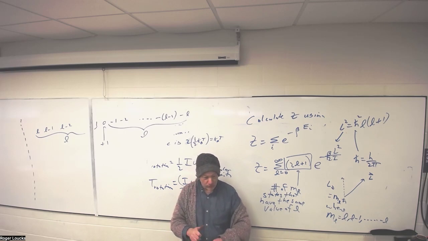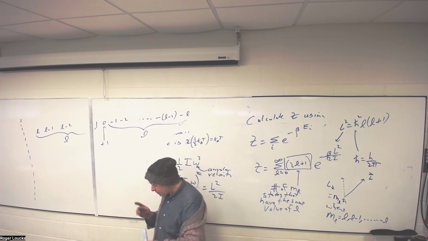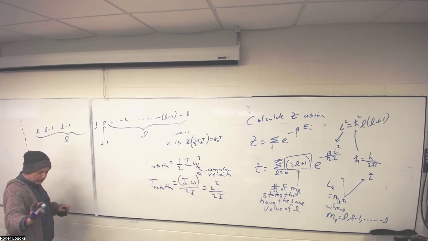As the French say, oui. They have a word for everything, those crazy French. But if the spin is 1/2, then there's only two states, not two values. Correct. Okay, aside, right?